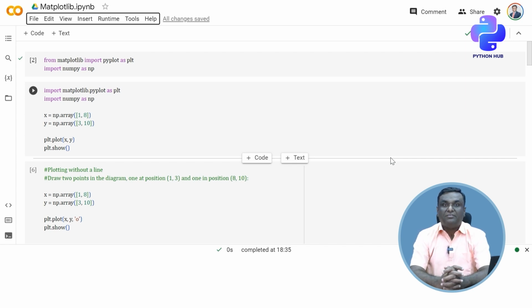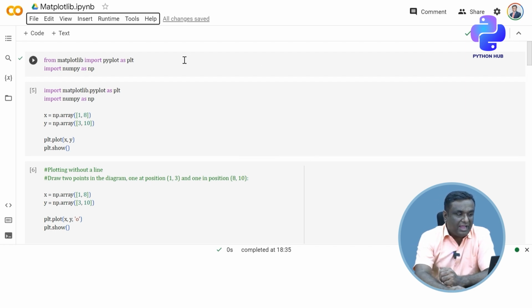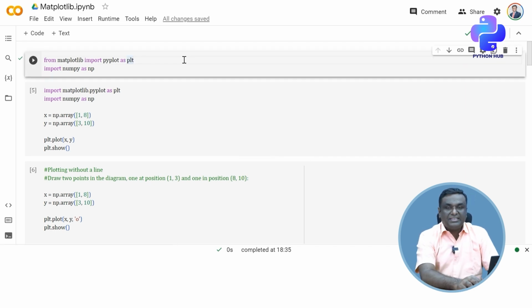So I'm going to start with the basics. First of all, as I mentioned, Matplotlib is a library. We are going to import PyPlot from Matplotlib to create multiple charts. The most popular way we denote PyPlot is plt. As you can see, I have just created a single line of code to import PyPlot as plt from